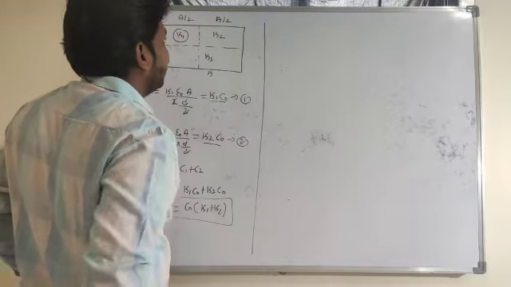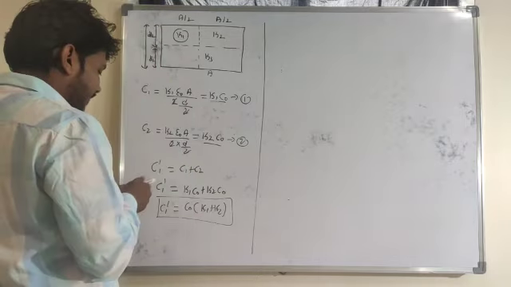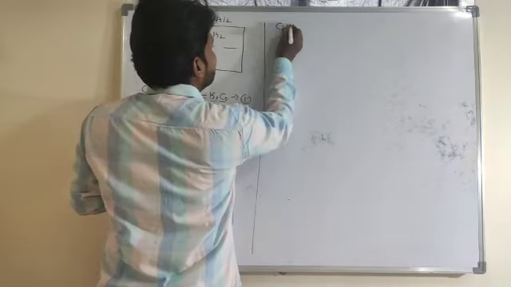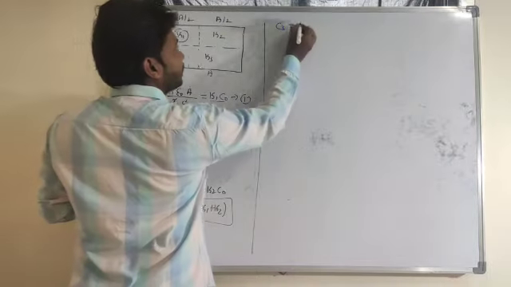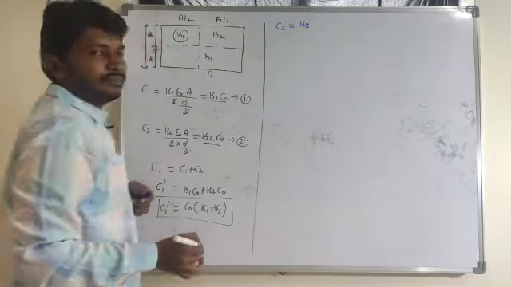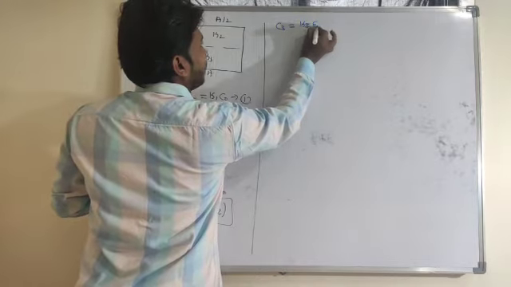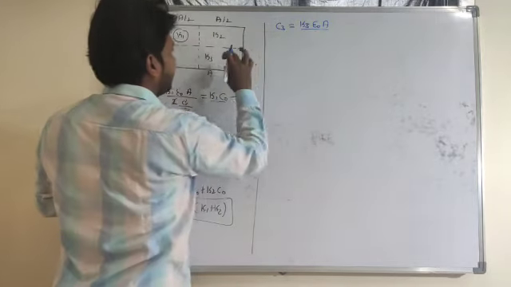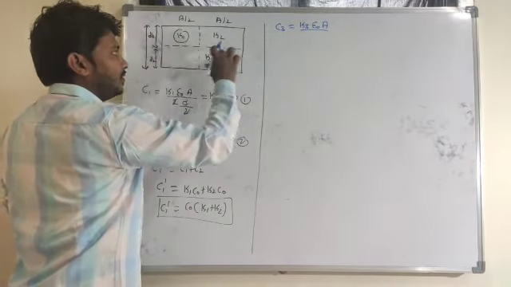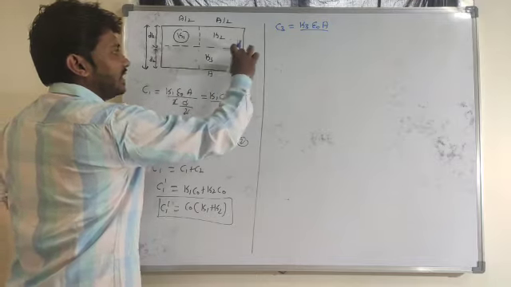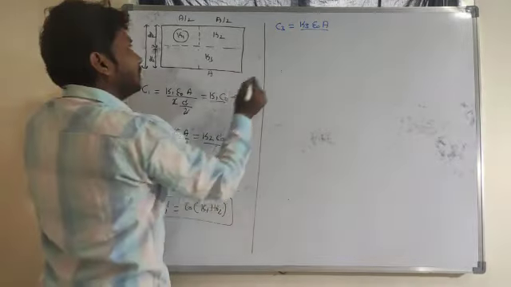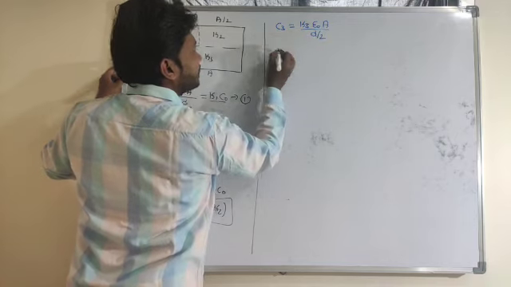So for K3 I will consider that capacitance value here. So C3 is equal to what? K3 into epsilon naught. What is that area here? Area is A only, since here only one part is there. So one part means area is A only. So distance is what? Distance is d by 2.